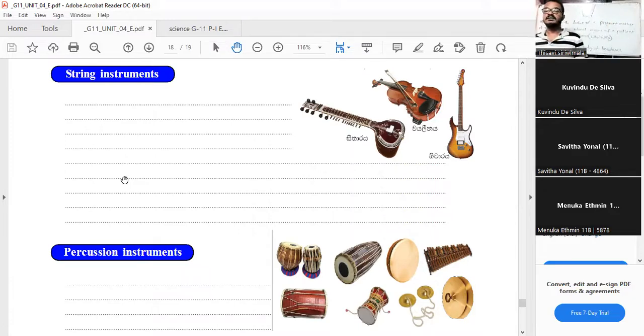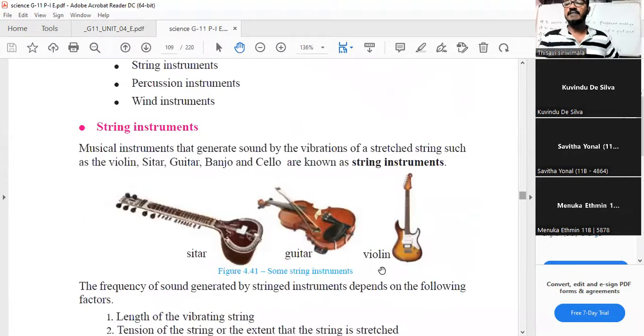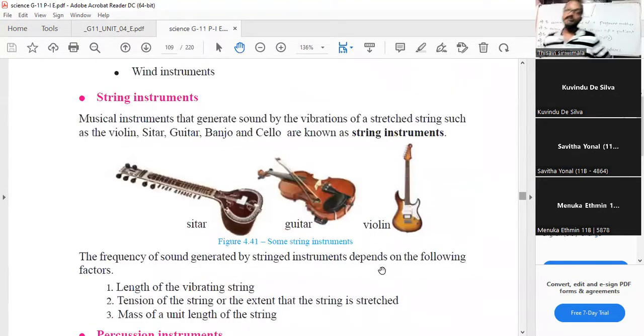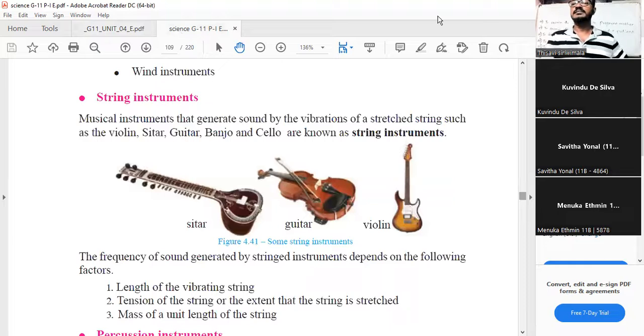So the three examples are there: sitar, violin, and guitar. But in your textbook, the words are wrong. They have put the guitar for the violin and the violin for the guitar. They have made a mistake, but in the Sinhala book, it is correct. So somehow a Sinhala diagram was there. So you can write under string instruments, you can write